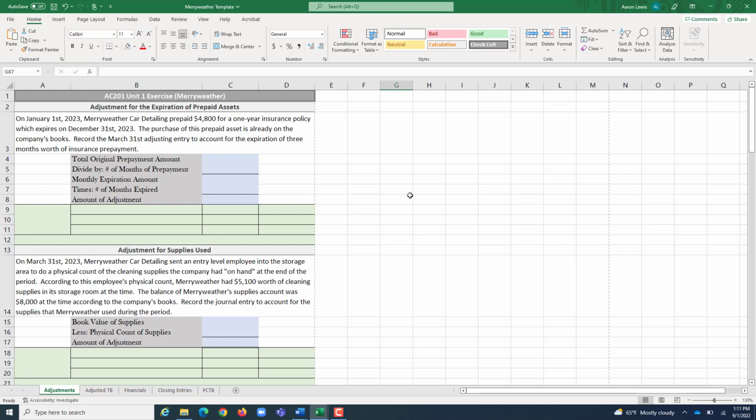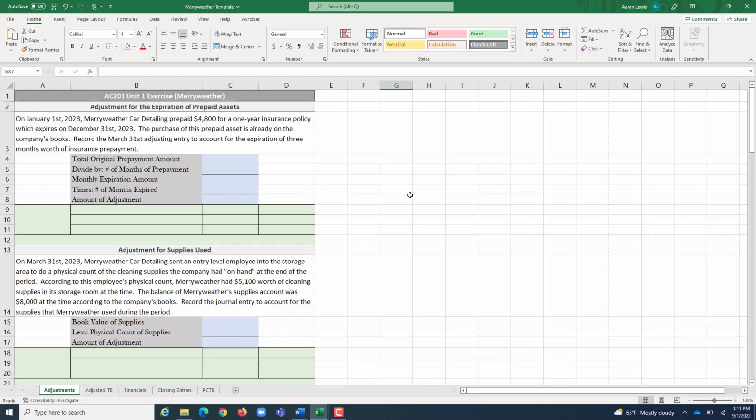Our first adjusting entry is the adjustment for the expiration of prepaid assets. On January 1st of 2023, Mayweather Car Detailing is going to prepay $4,800 for a one-year insurance policy, which expires on December 31st of 2023. We're going to do the adjustment for this prepaid asset at the end of the first quarter, or March 31st,